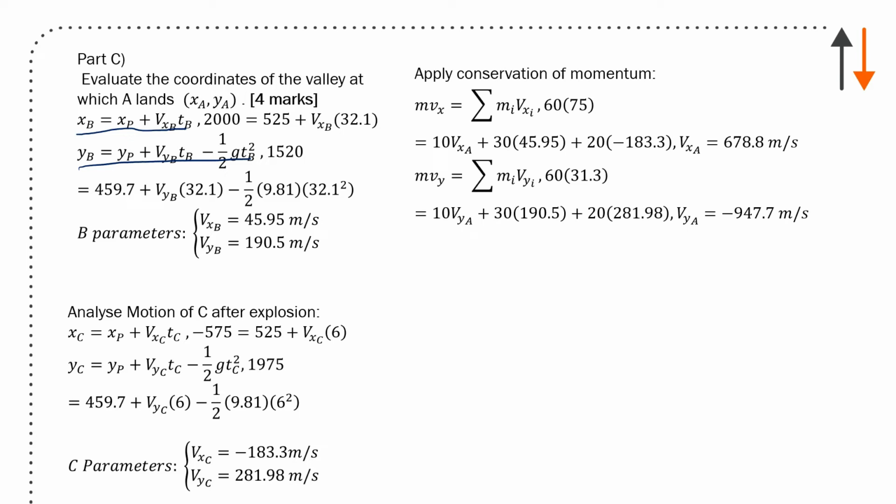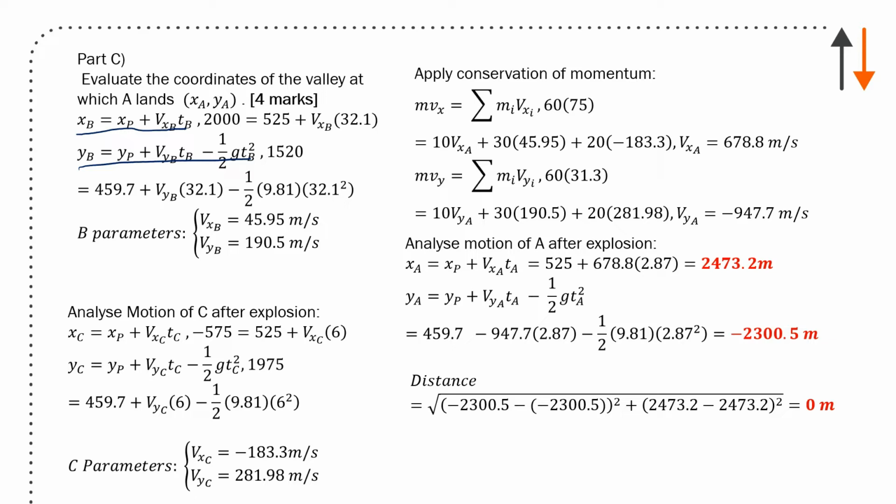And you know that this is a conservation of momentum, and Vxa and Vya are given. You can see that those are pretty high numbers, very high. These are kind of mawkish numbers. 678.8 meters per second and 947.7 meters per second for this to happen. And that's just by conservation of momentum, where you've seen these problems here. It's a little bit more complex because instead of splitting into two parts, it's splitting into three. And when it splits into three, you have to consider everything. But you have enough information to solve for all of those